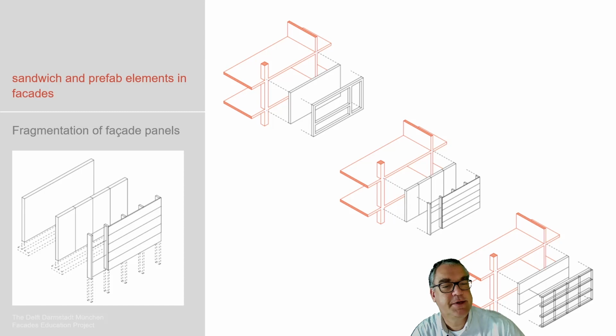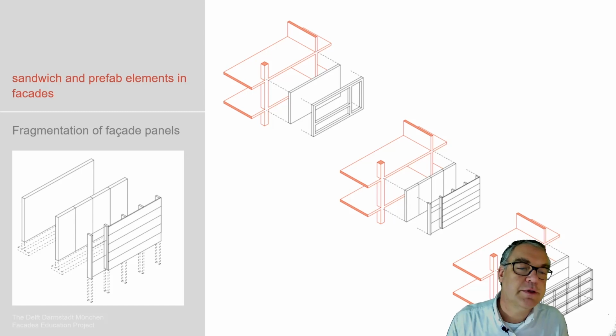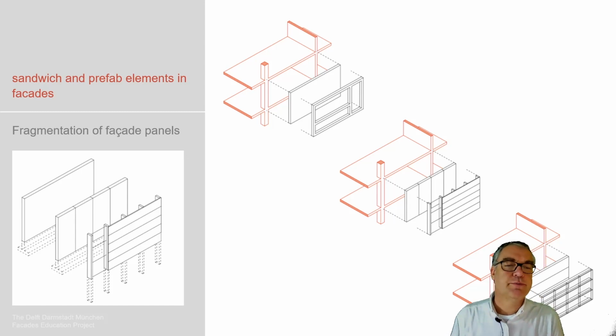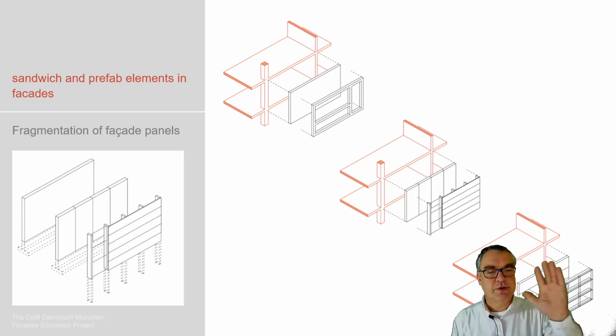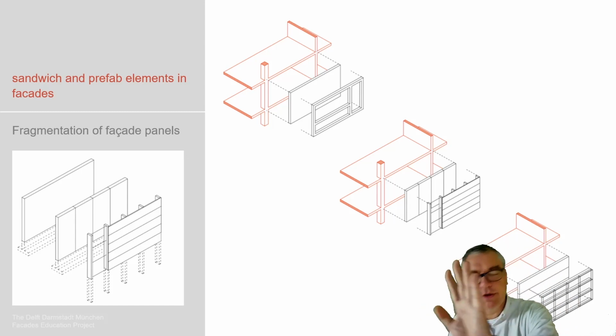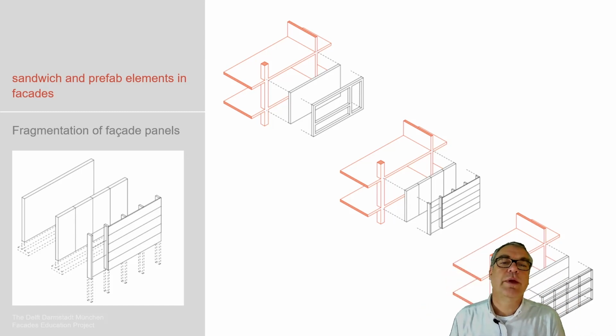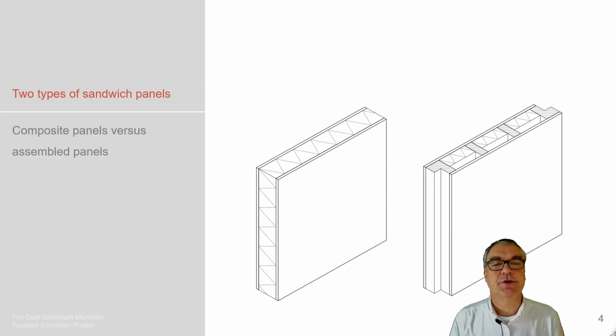We start with these horizontal sandwich panels, which can be brought in position, or the vertical sandwich panels, which can be brought in position. Then obviously the load from the top and the bottom needs to be transported by the panel and then brought into the main structure. Or we talk about prefab components, which envelope the entire grid system as a principal setup in this package.